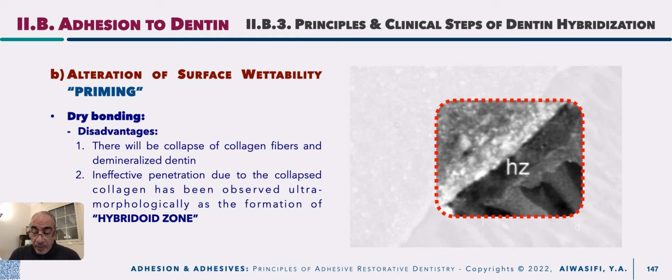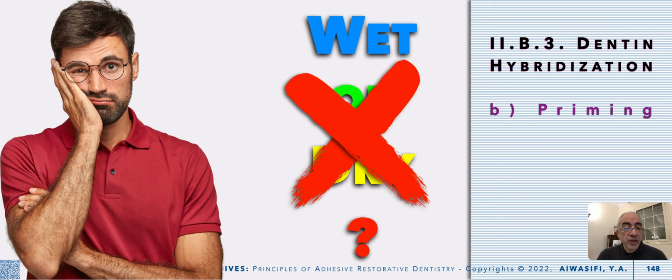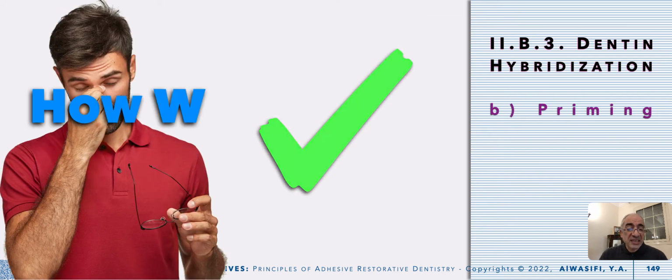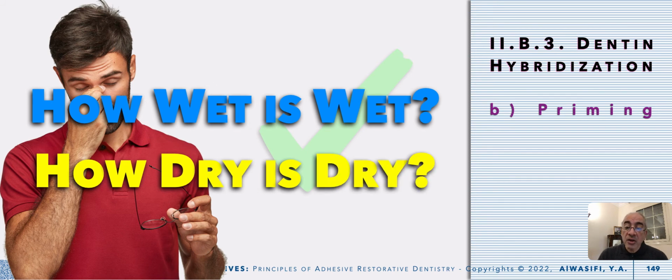Again, we didn't explain, is it wet or dry? Let me reply to this question that it is a wrong question. This is not the question that you should ask. You should ask the question in the form of how wet is wet and how dry is dry. There are different degrees in wetness and different degrees in dryness, because if you leave dentin overwet,